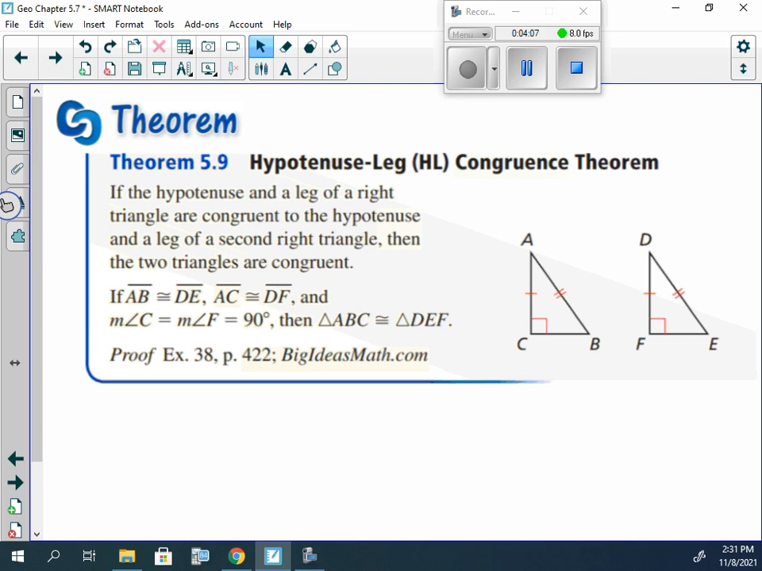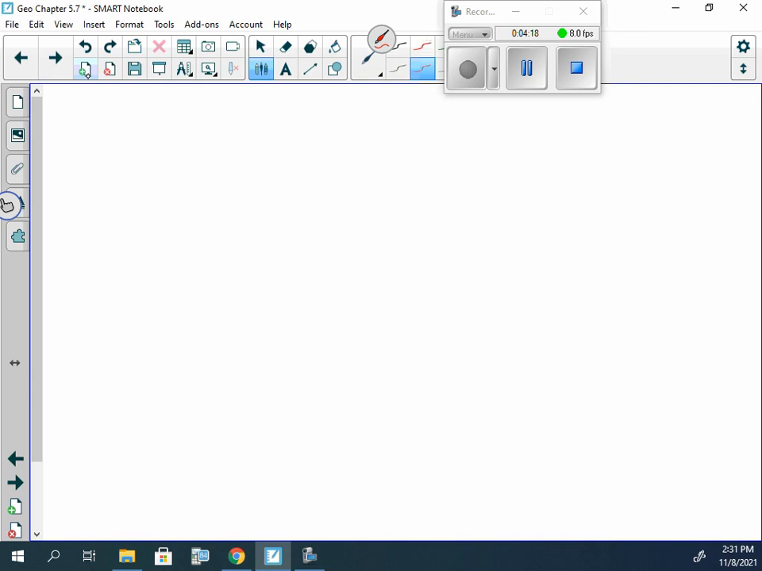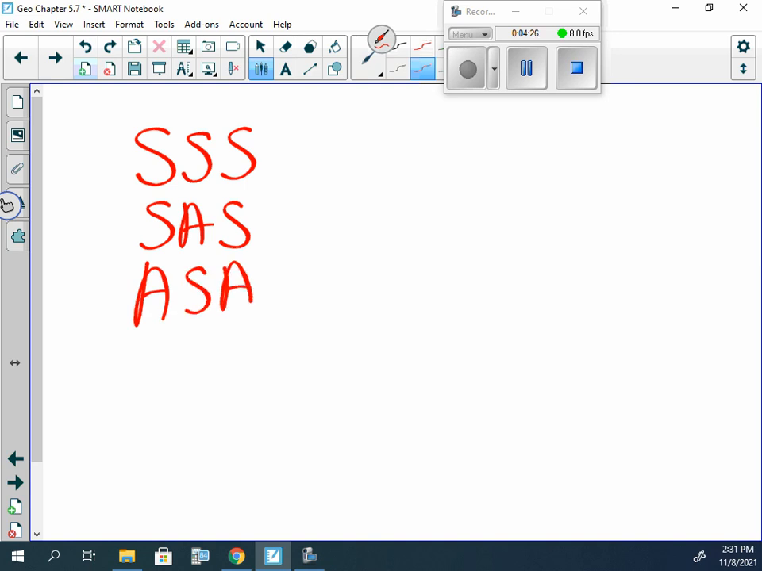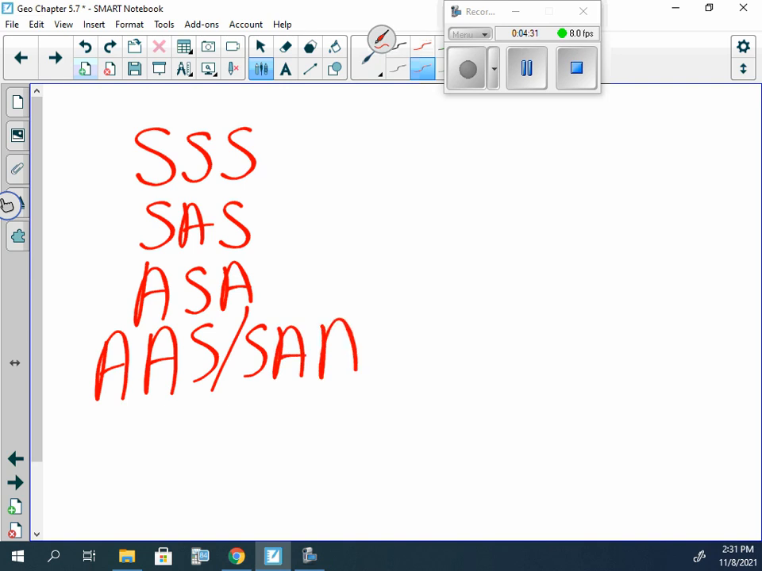Can we have like 10 tomorrow? So when we look at this one here, I want to cover briefly, because what we've done so far, the statements that we have worked, our shortcuts are side, side, side; side, angle, side; angle, side, angle; and angle, angle, side or side, angle, angle. These are the four that work every single time, no matter what it is. If we have 3 sets of congruent sides, it works. If we have 2 sides with a congruent angle in the middle,